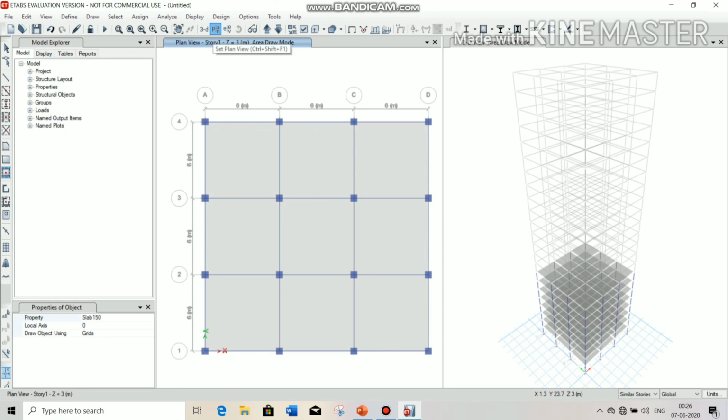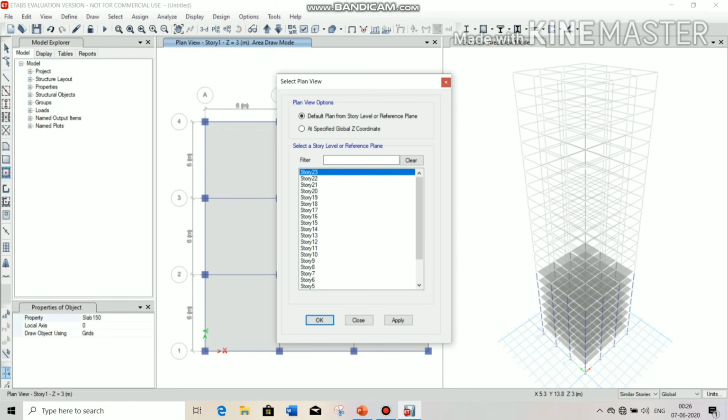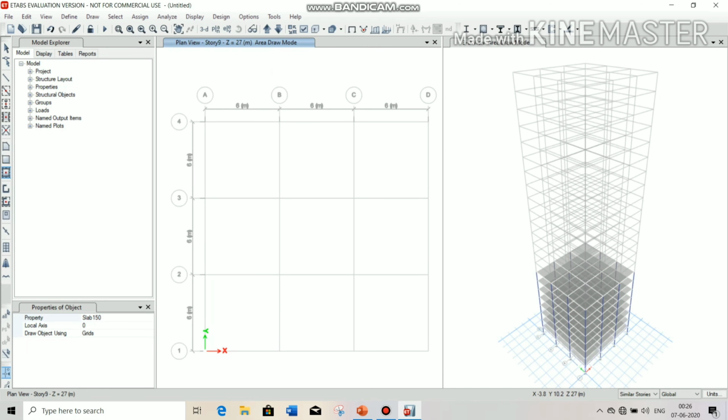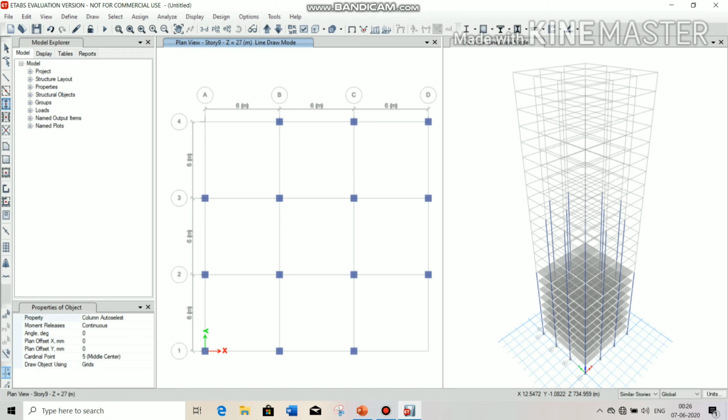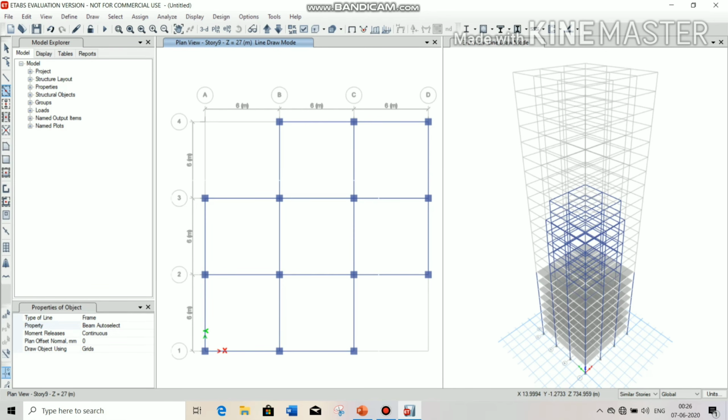Now again go to plan view and select story 9 and click on OK. Now choose the quick draw column option and select the required area which you need to draw according to your plan, and similarly beam also and slab also.